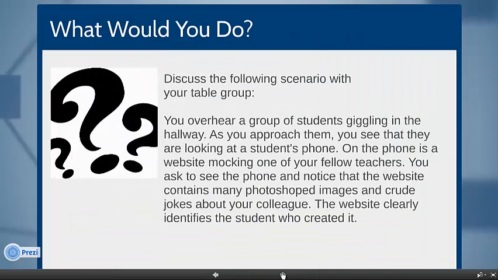All right, fantastic. I would start out the professional development with the different teachers or administrators sitting in table groups. At first, I would give them a scenario. The scenario is that they hear a group of students giggling before school, and they're all looking at one student's cell phone. The teacher confiscates the cell phone, looks at it, and it's a website mocking another teacher, one of your colleagues. So the question is, what would a teacher do in this situation